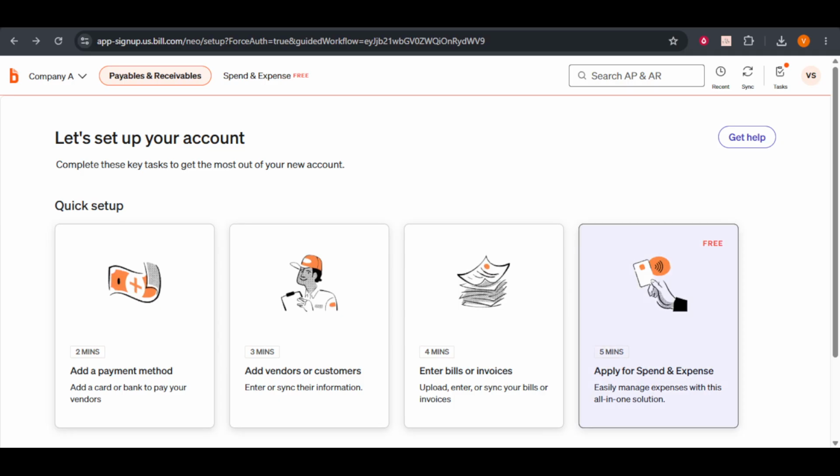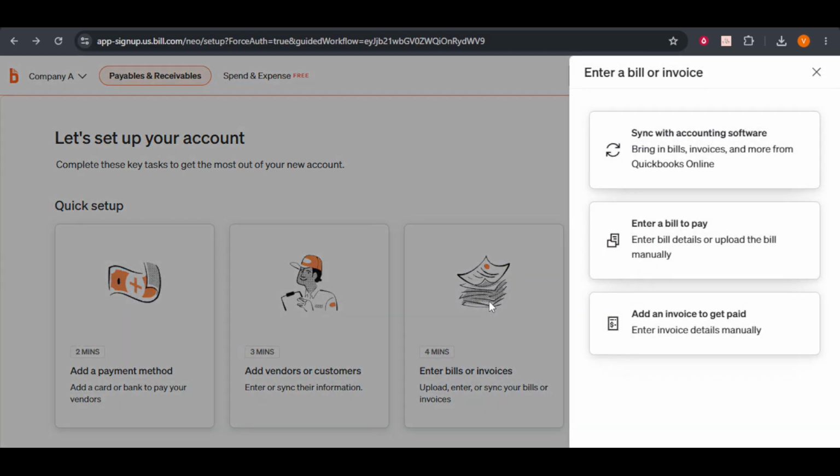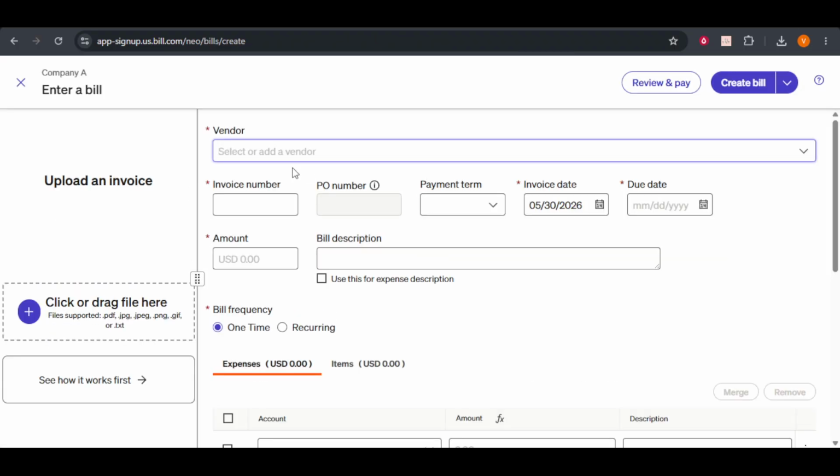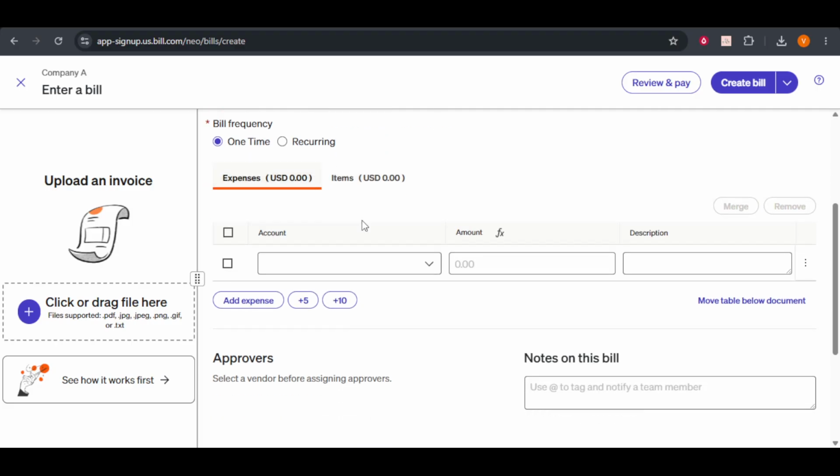Now, let's add bills. This is the heart of Bill.com's functionality, helping you keep track of what needs to be paid. Navigate to the Bills section and click Add Bill. Here, you can enter the details of the bill, such as the amount, due date, and the vendor it relates to. You can also upload a digital copy of the bill, which is a great way to keep everything organized and accessible. If you receive recurring bills, you can set these up to automatically populate, saving you from entering the